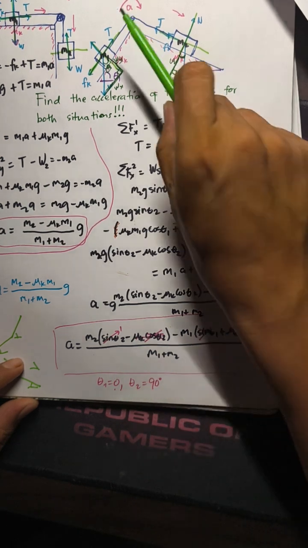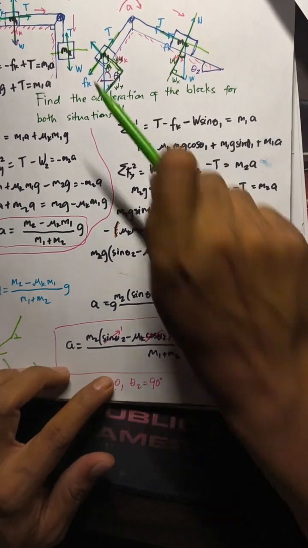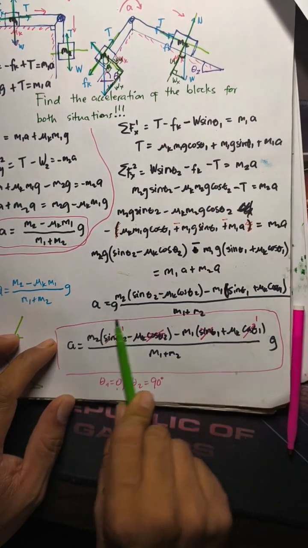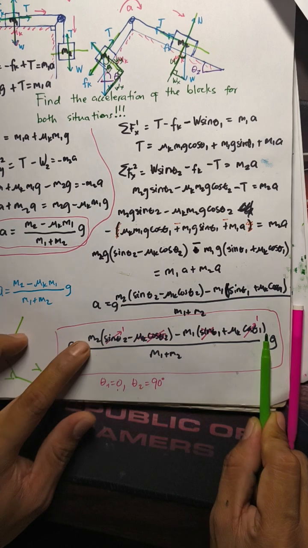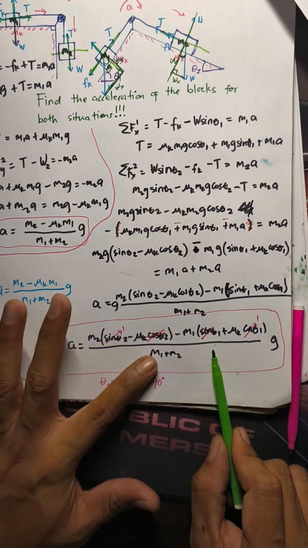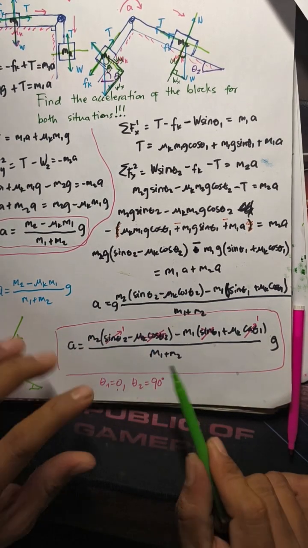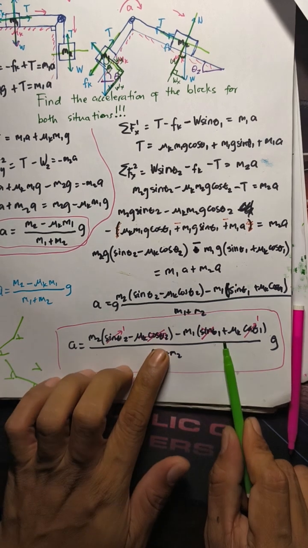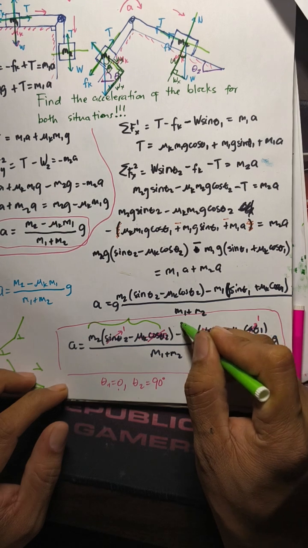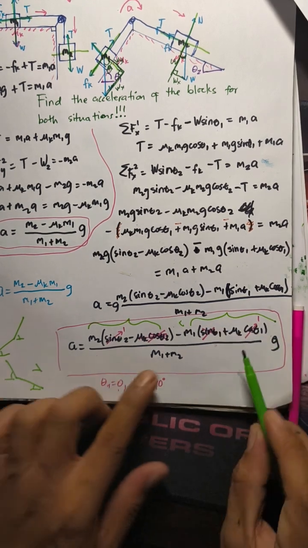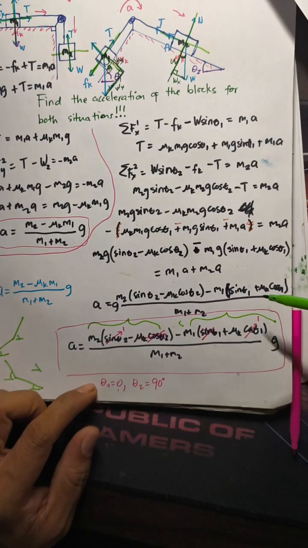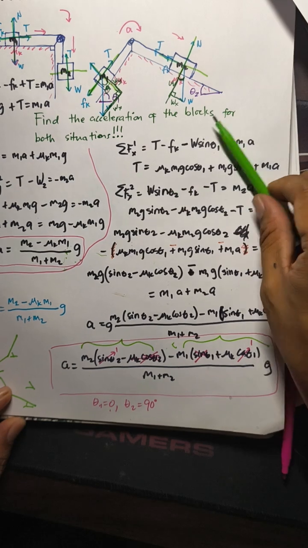When is the acceleration clockwise? Since my assumed acceleration is clockwise, if I get a positive value here, then indeed the true acceleration is clockwise. But if I put in all the values and get a negative, meaning the true acceleration is in the other direction, that would be counterclockwise. In this case, it will be negative when this whole thing here is less than this whole thing here. So long as this one is greater than this, our block will be moving in this direction.